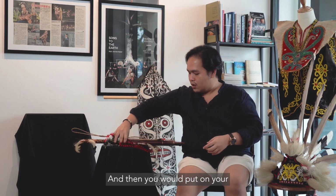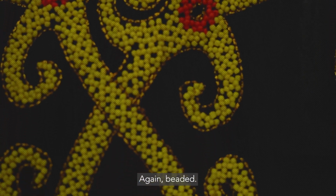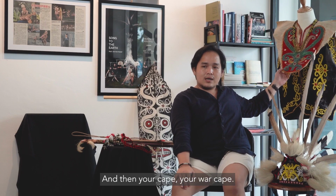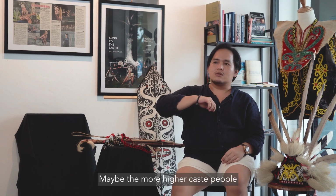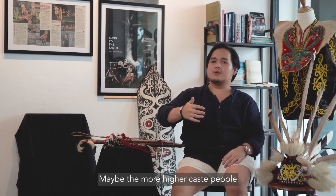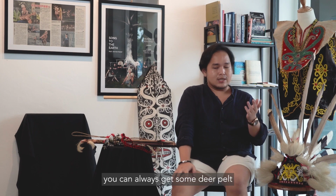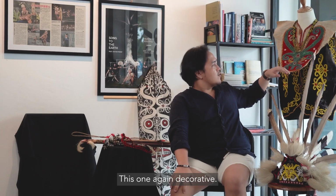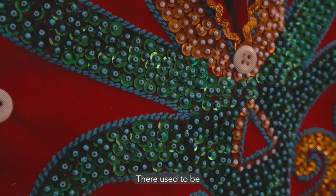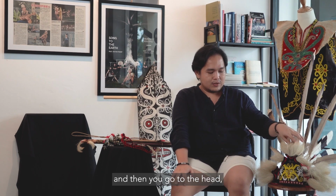And then you would put on your shirt. This is another decorative shirt, again beaded. And then your cape, your war cape, made out of different materials. Maybe the higher caste people would wear a tiger's pelt or a clouded leopard pelt. Or otherwise you can always get some deer pelt, and then you decorate it, again decoratively. You put your beads on there. There used to be a plate here to cover your belly,